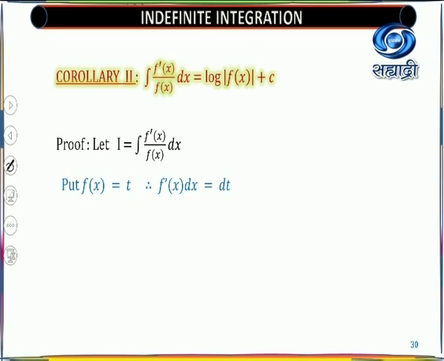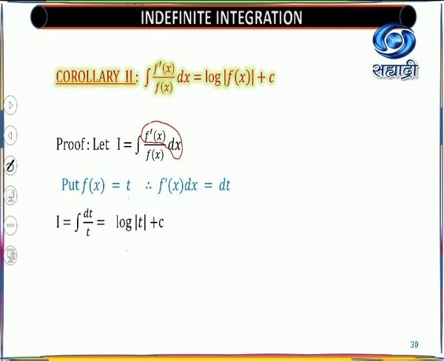Okay, now you know that you have here f dash of x dx. So in place of f dash of x dx, you are able to write dt, and f(x) you are able to write as t. So that will be substituted here. So your I becomes only a simple one, dt upon t. As usual, you know that 1 upon t is the derivative of log of mod t. So immediately you are able to write log of mod t plus constant of integration.